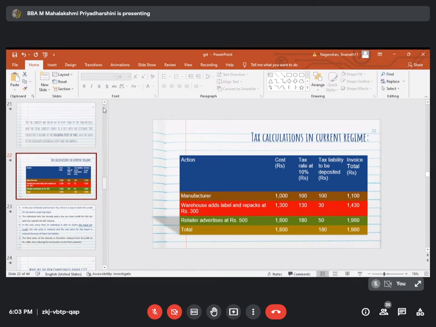In the invoice total, the 100 rupees tax has already been added, so with that amount we did not add the 300. Is it clear? The 300 has been added to the cost of the product which was mentioned by the manufacturer. The 300 hasn't been added to the invoice total. In the old regime we added the 300 to the invoice total, but now it is not like that. So here, what do we get? We get a 100 rupees difference, right?